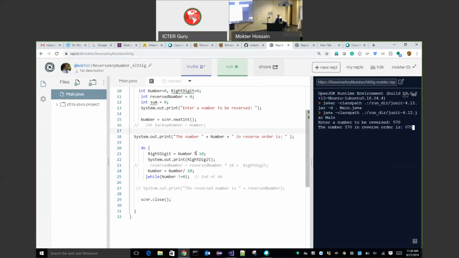Okay, so what I'm doing over here, instead of printing at the end, whatever I'm getting, I'm just displaying.